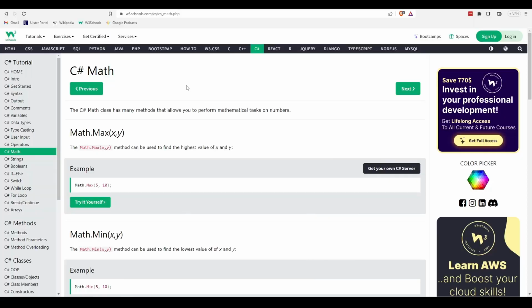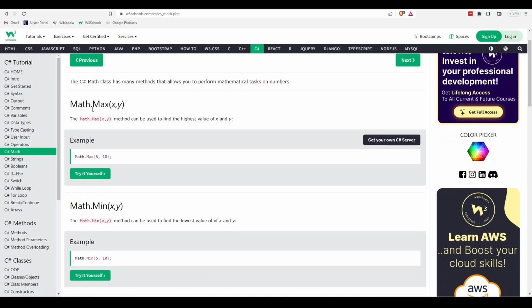Okay, so in this video we're going to look at the math class in C#. The math class is a class that has many methods that allows you to perform mathematical tasks on numbers. So some common tasks that we might want to do, for example, like